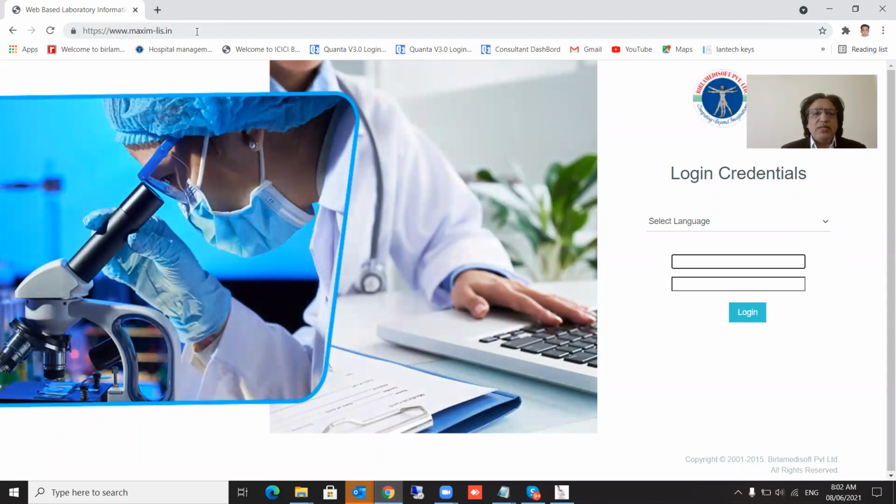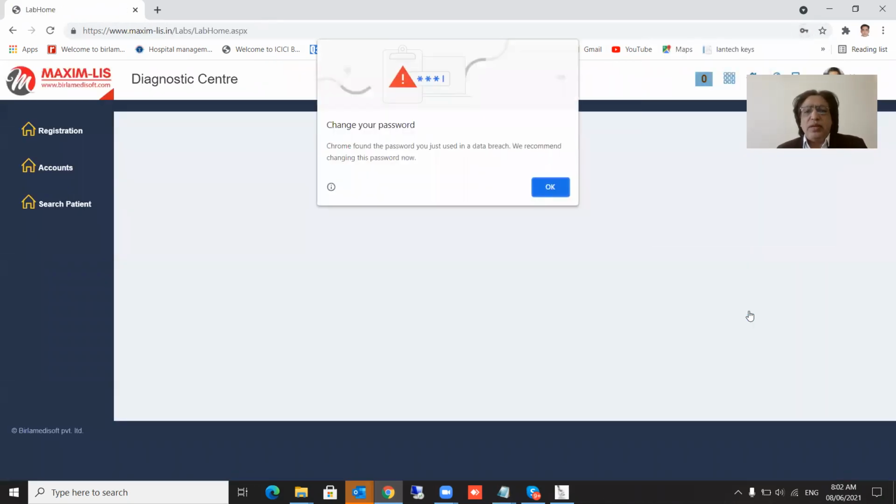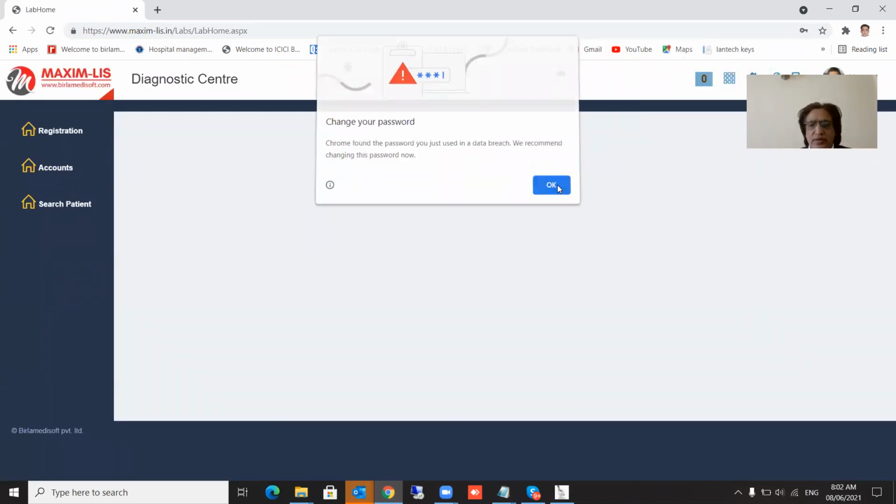It's called Maxim Vista LIS system. So I'll log in as a collection center first, and I'll register a patient. So this is my login for the collection center.